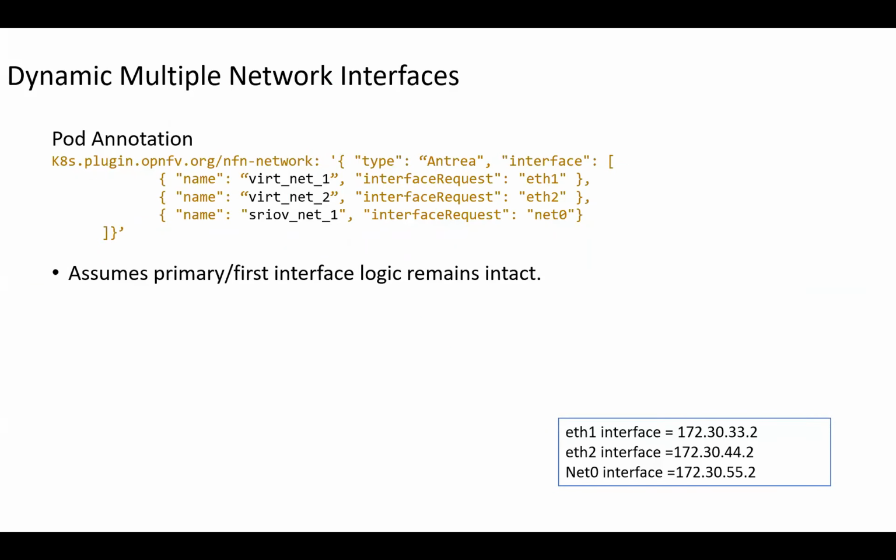Another main thing here is the interface creation at the pod scope. We expect it to be pushed through the pod annotation. Assuming this is for your primary and default network based on the Kubernetes CRD, that remains intact. For the multiple interface and SFC use cases, we plan to use pod annotation to push the interface details to the specific pod.